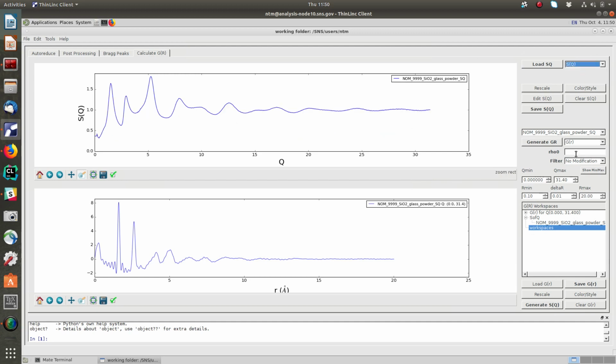So now we can see this is our section that can control the Fourier transform of this pattern. If we click generate G of R, we'll create a new G of R pattern. We can select different functions, so little g of r, the radial distribution function. We can select g of r, select this, and we see that there's actually a very small